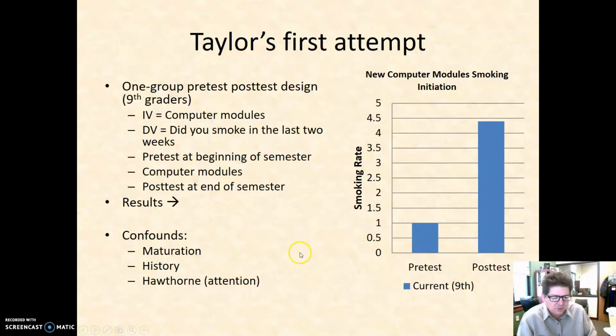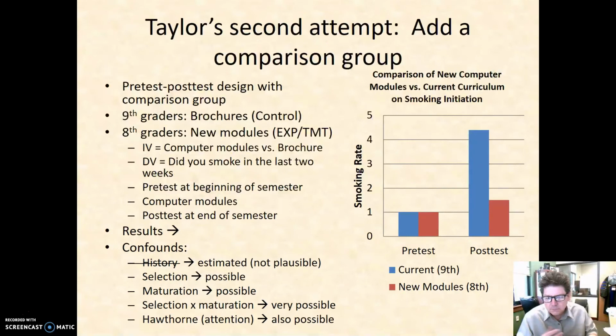And the idea here isn't so much that we know which one is the most likely or least likely, but many explanations are plausible. And so it's hard to be conclusive about cause and effect in any one-group pre-test, post-test design. Let's give her a second chance. So in our second attempt, she decided to add a comparison group. This would help. A comparison group that doesn't experience the modules would help